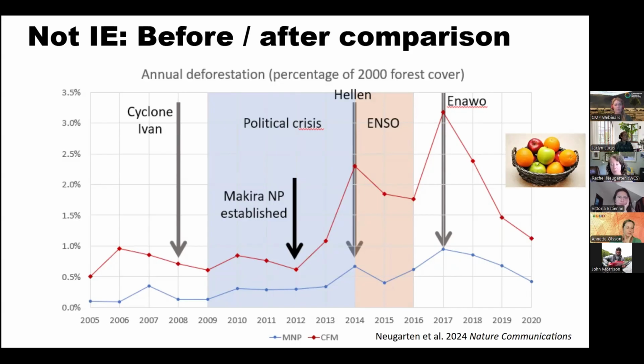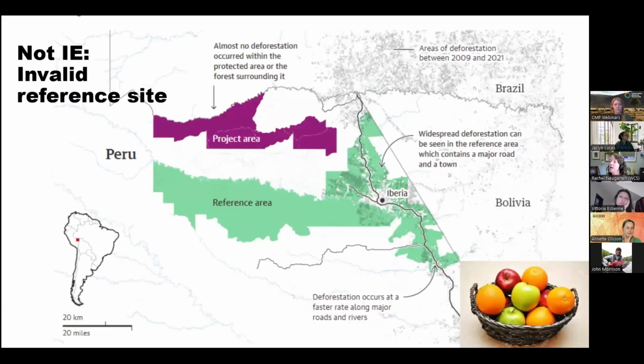This is the same problem in Brazil, where they looked at those carbon offset projects. There were things that happened in time, a change in policy and a change in commodity prices, that actually explained the deforestation more so than the offset project. So this is a tricky challenge for these projects. Picking a reference site is also a challenge.